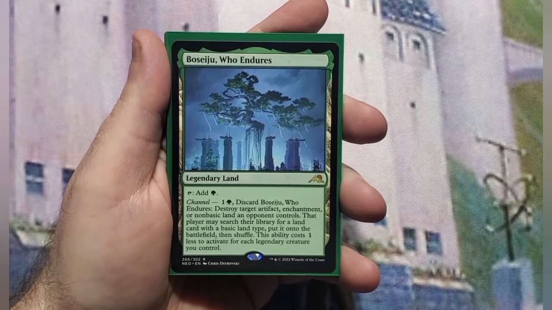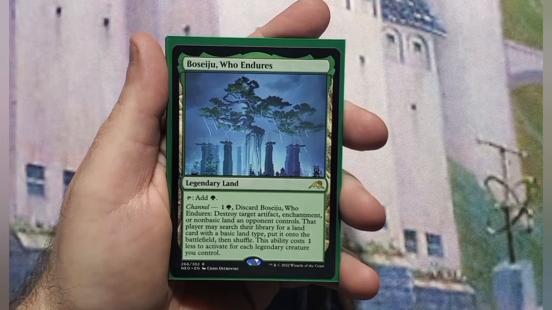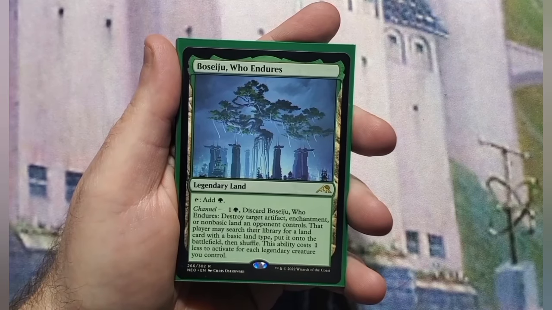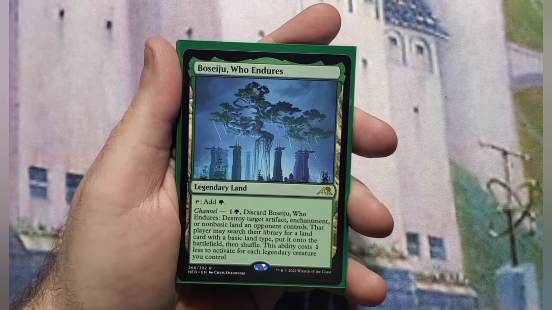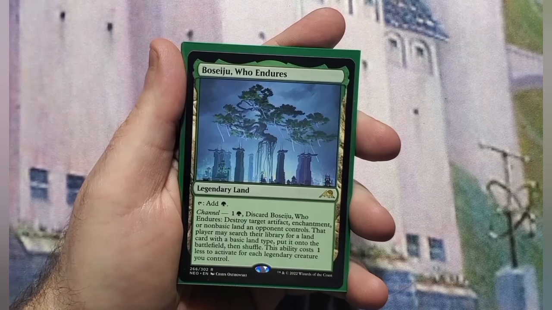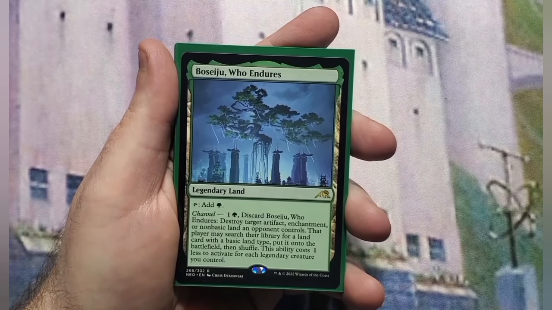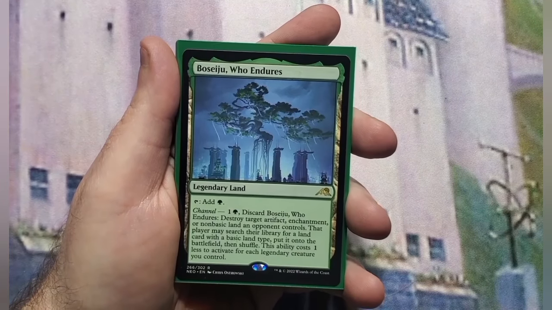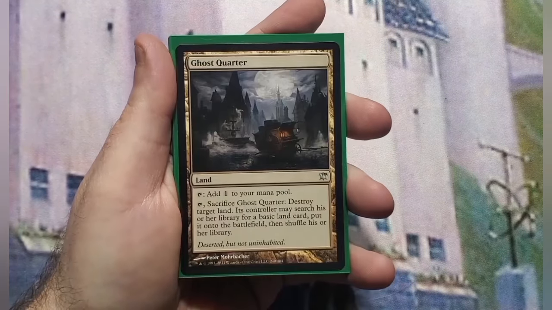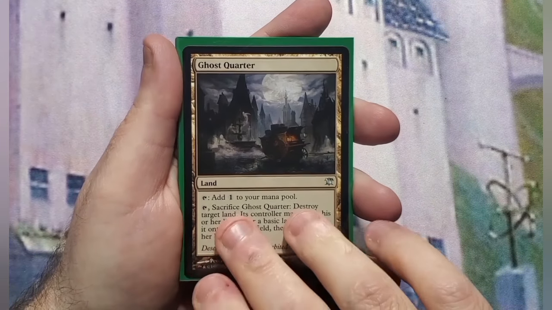I also added Boseiju, Who Endures, for some removal. So this is one of those unique lands that let you channel it, which means discard it to have an effect when you pay the mana. So for 2, you can discard it and destroy an artifact, an enchantment, or a non-basic land that your opponents control. And the reason why I wanted this in here was I was looking for more ways to add land destruction of non-basic lands, or any land at that point, really, because you never know what you're going to find out there. So I actually doubled it up and added Ghost Quarter as well, so I could destroy even more